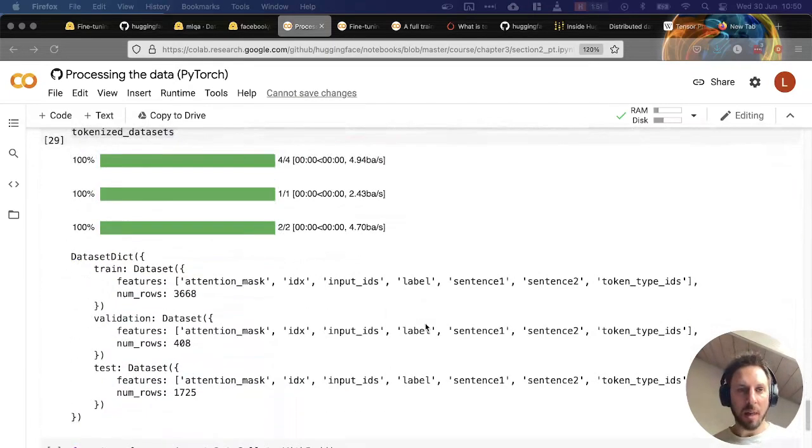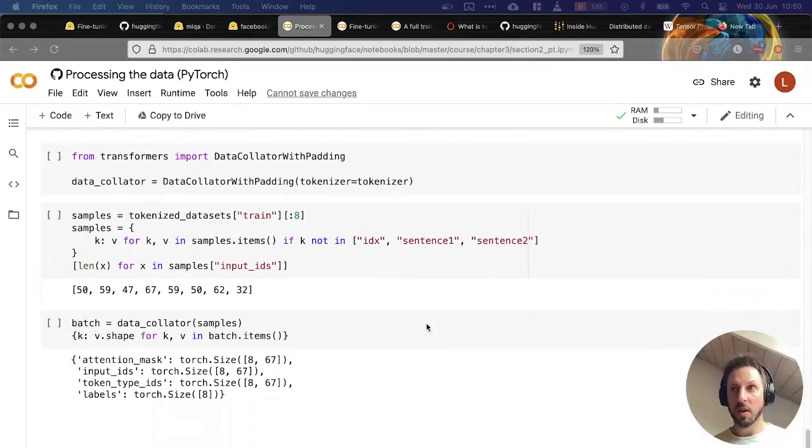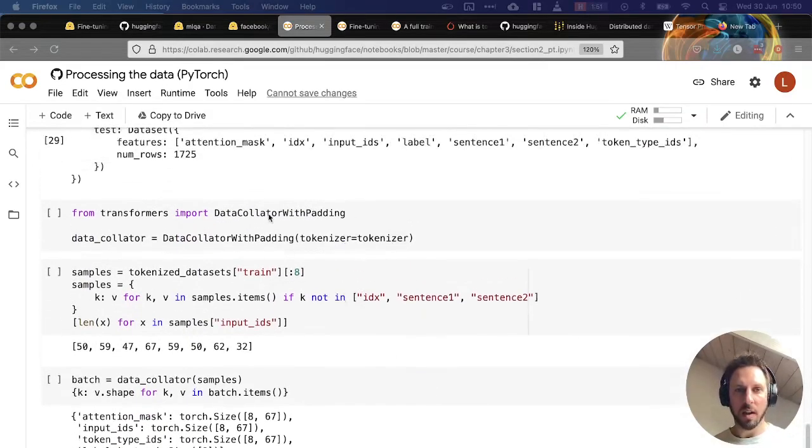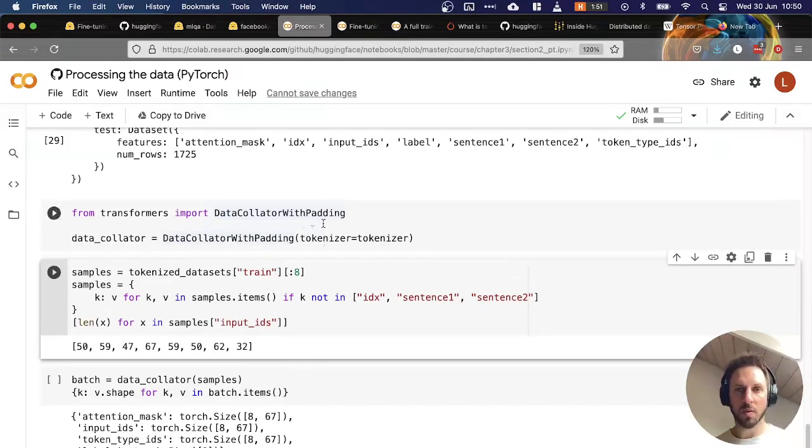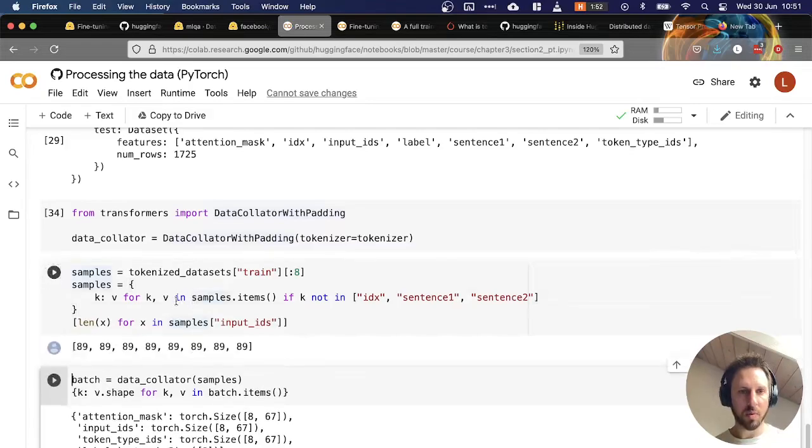Okay, so what I wanted to do before we start training the model is just have a quick look at what this data collation is doing. So in transformers, there are different data collators to basically handle this dynamic padding. And the one that most of the time we use is DataCollatorWithPadding. And what this will do is, let's see, can I see it? Yeah. If I get a few samples from my data set,